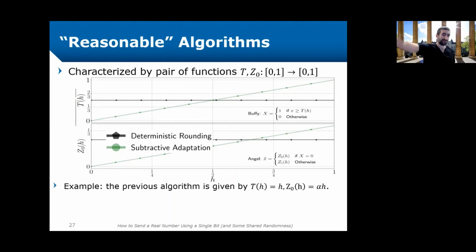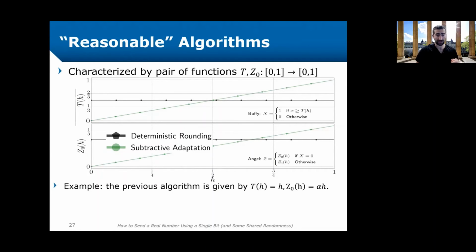It sends 1 if X was more than 1/2, and if we receive 0, we always estimate X as 1/4. In contrast, this convex combination approach has both the threshold and the estimate function increase linearly in H.